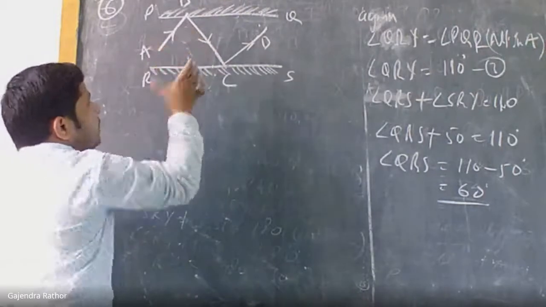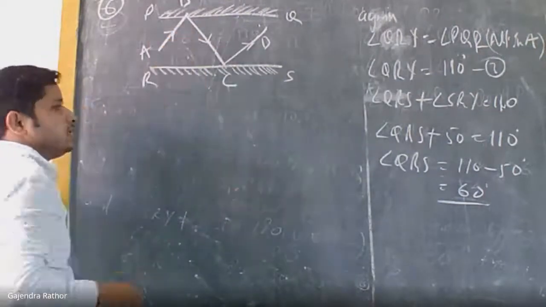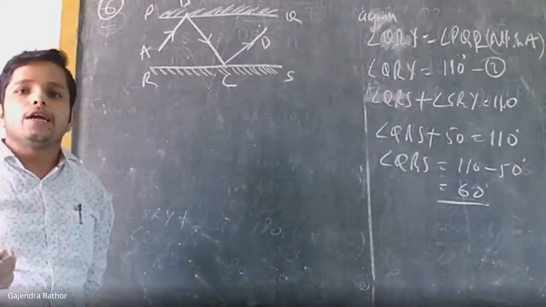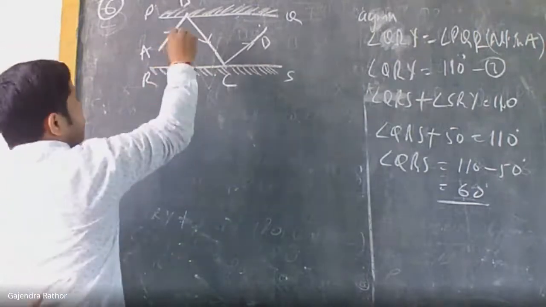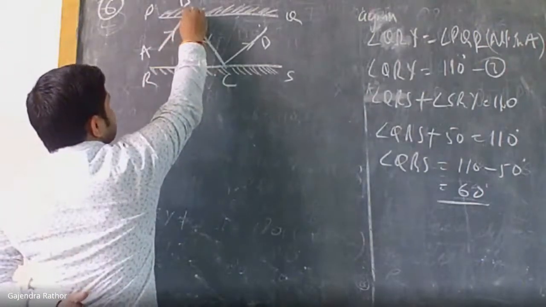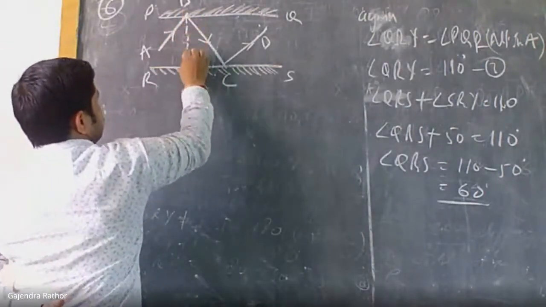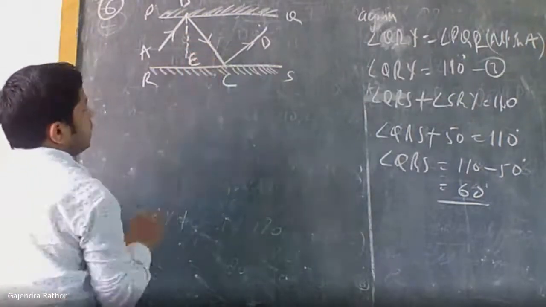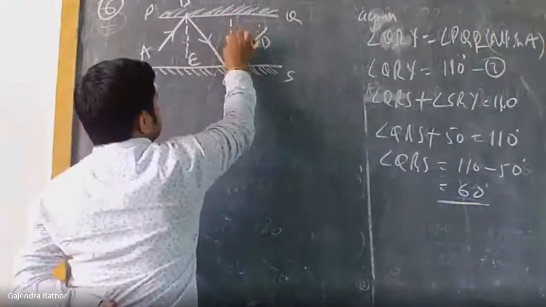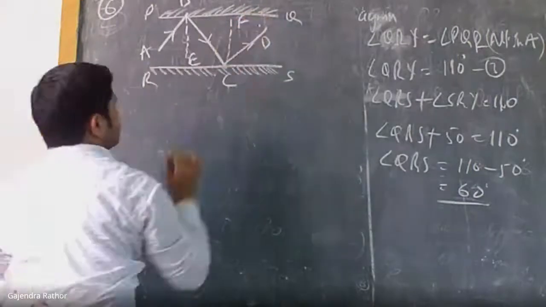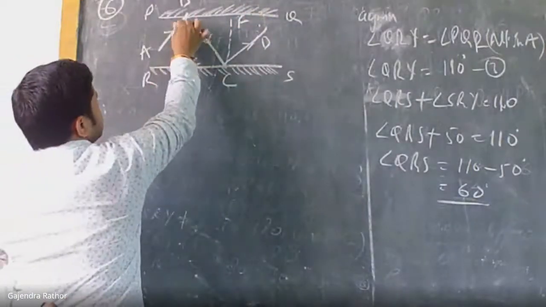So, to identify the angles, we need to draw some perpendiculars. So I draw some perpendiculars. This is BE and the second is CF. Now, let me represent